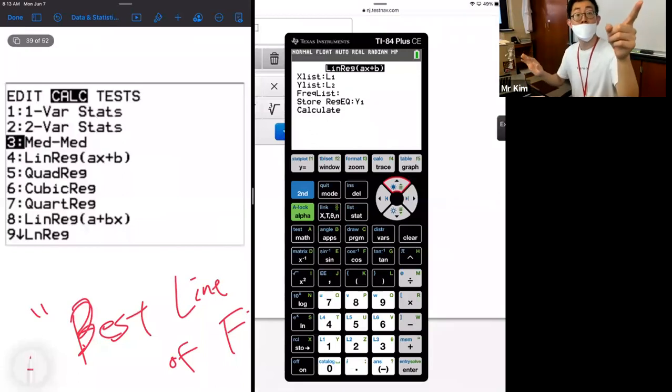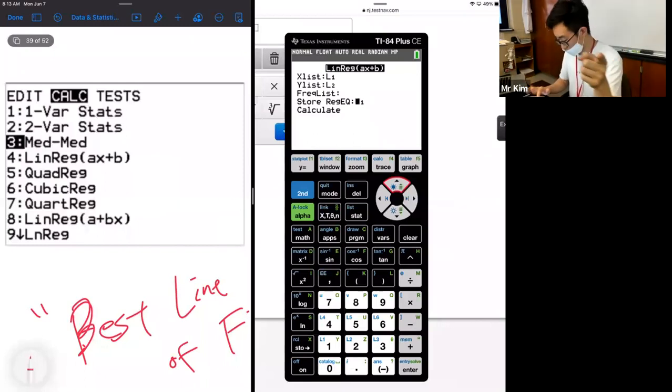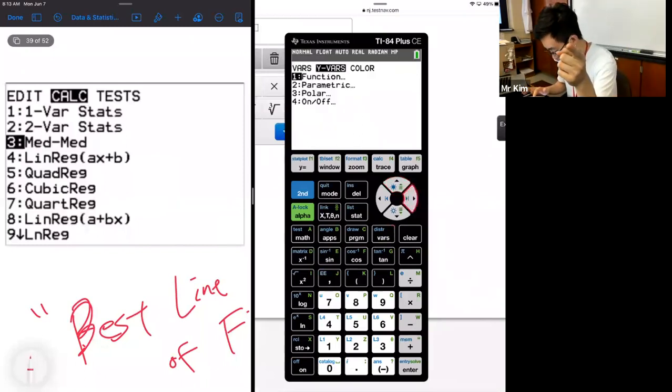Anyone lost? Yeah, when I click 4 to go to Y or whatever, it doesn't bring me to that page. It just puts it up on the calculator. Okay, yeah, so unfortunately what you have to do then is copy this 5.4x plus 64 onto Y. So go to Y because it's actually 5.4x plus 64.